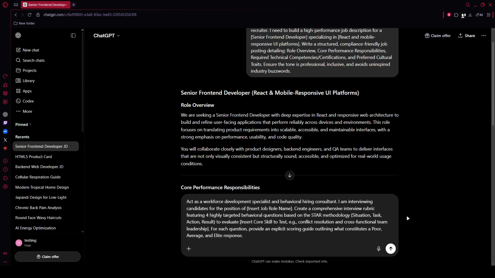When a dispute arises, you need neutral language and a de-escalation plan. Act as a master corporate mediator and employee relations director. An internal dispute has arisen between team members regarding: [briefly describe dispute objective, e.g. missed project deadlines and communication breakdowns during a product launch]. Draft a neutral, completely non-punitive mediation meeting agenda and a communication script I can use to guide both parties toward a collaborative solution. The tone must be empathetic, highly professional, and focused entirely on behavioral